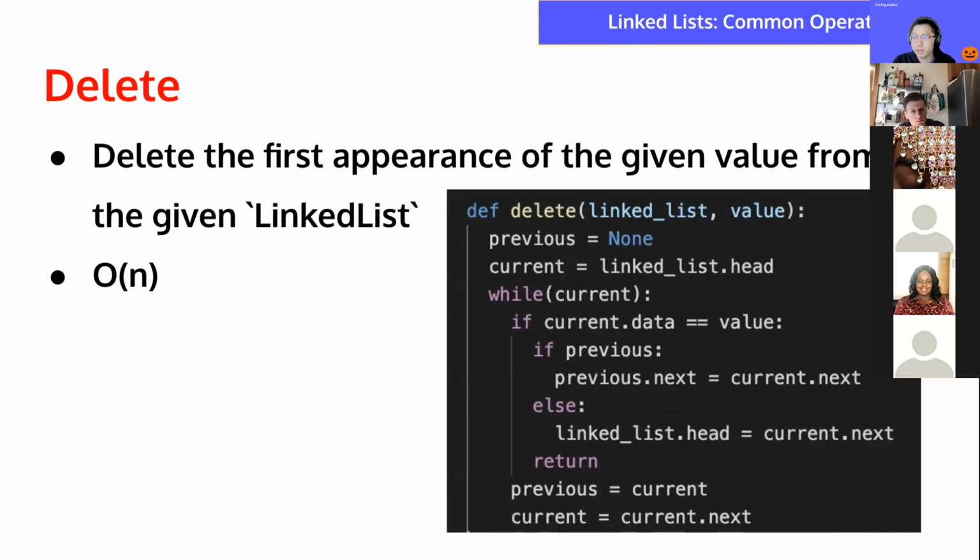And then moving on to the delete operation, we want to delete the first appearance of the given value from the given linked list. This is essentially built on the idea of the search element, because first you need to find where that first value appears in the linked list, right? So first you're writing code that is very similar to the search operation, but then just like delete. And once you find that value that you're looking for, this delete operation requires you to do an extra thing, which is that once you find that node, what you want to do is